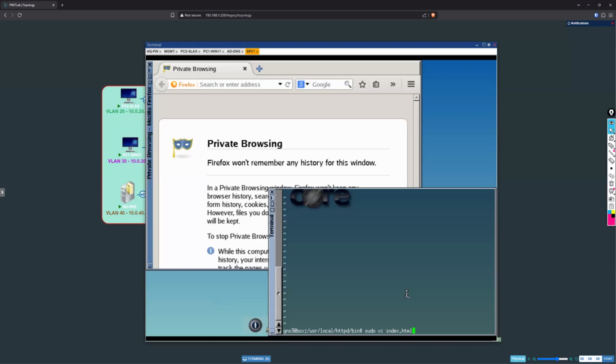So here what I'm doing is I am creating an index.html, and then I'm using the VI tool to edit that file. When I do this, it comes in here where I can press I. When you press I, you are able to type whatever you need to in this file. So I'll create a very simple web page, and I will say this is the server one web server,